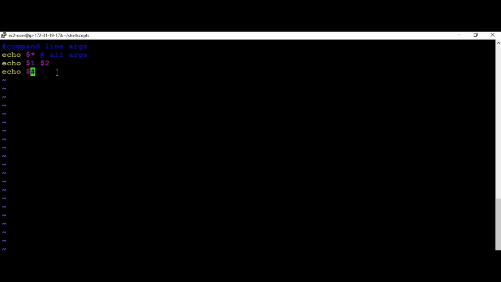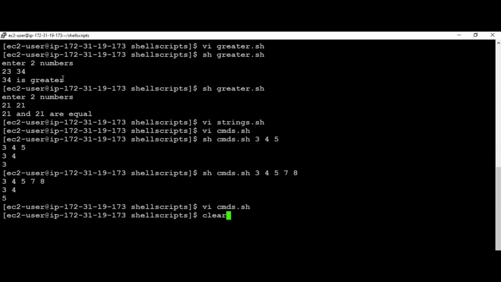So let us go back to this shell script and do some changes here. Let us read all these values by writing a for loop. You have a for-in loop in Linux. The syntax is this way: for any variable name, in is a keyword, $* is the list of values that I am passing from the command line. Start this loop with do, I am printing the number, then you have to end it with done. Whenever you start with do, it has to be ended with done.